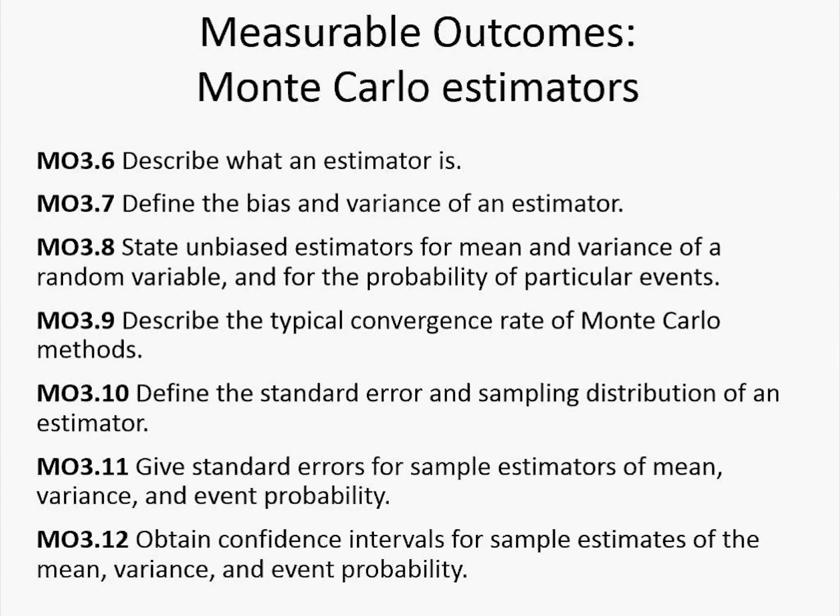For the estimators, define the standard error and the sampling distribution. So this is what we're talking about with the normal distributions that we can derive for the mean and for the probability. And the variance, we typically don't know what it is unless we have that very special case that the outputs themselves are normal. Give standard errors for the sample estimators of mean, variance and event probability. This one should really only be in that very special case. And then obtain confidence intervals and be able to use those to determine how many samples you need in a